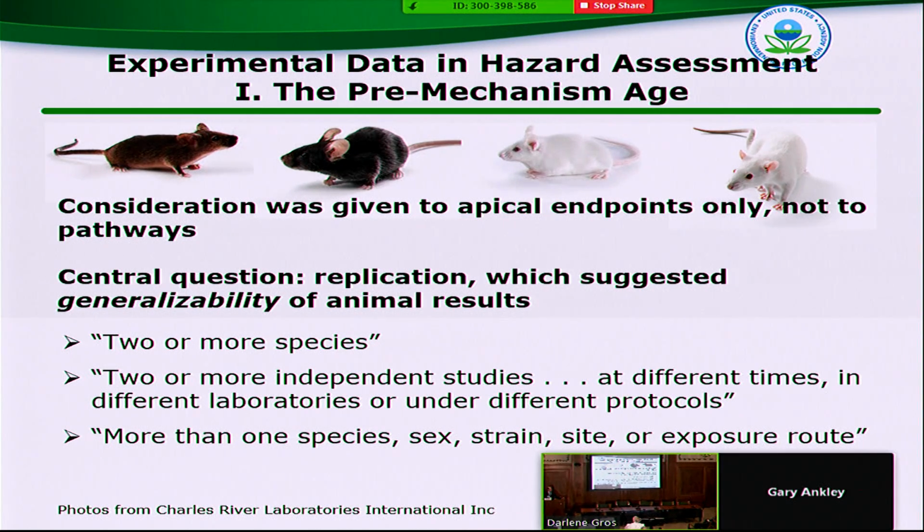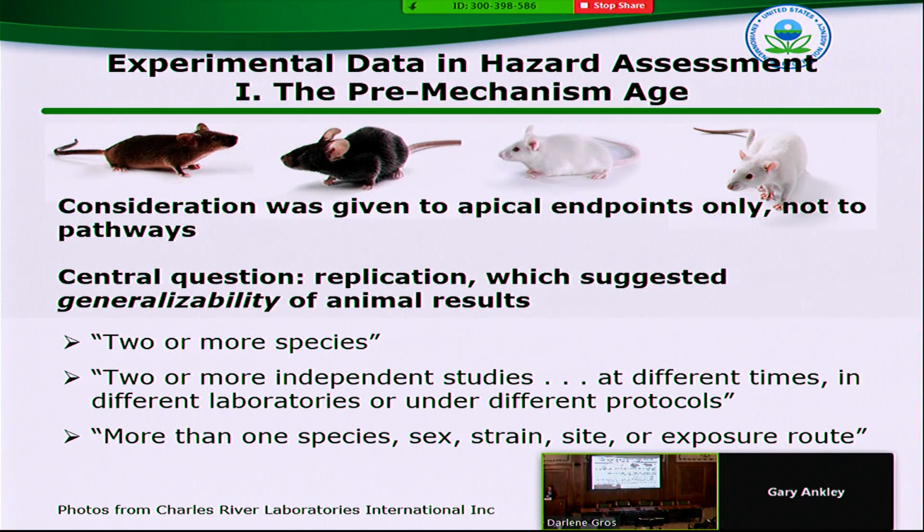to humans. And the cancer guidelines at EPA, the guidelines in the IARC preamble, pretty much these are quotes from those. Two or more species, independent studies at different times, different laboratories, different protocols, more than one sex, species, strain, exposure route. This was the type of replication we would look at, and the more something was replicated in different systems, the more confidence we had that it would apply to humans and it would be used in causal